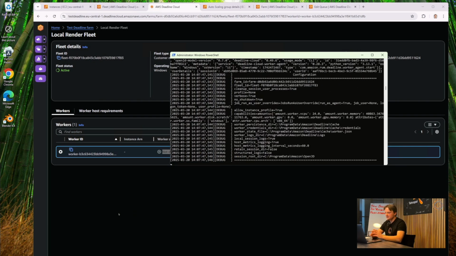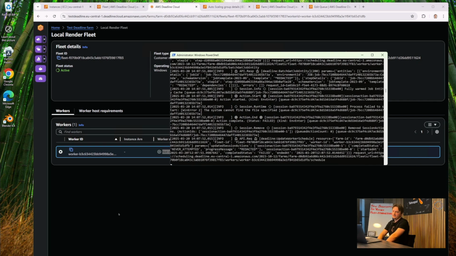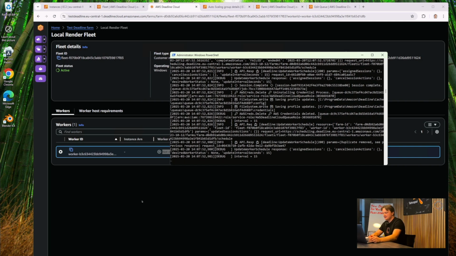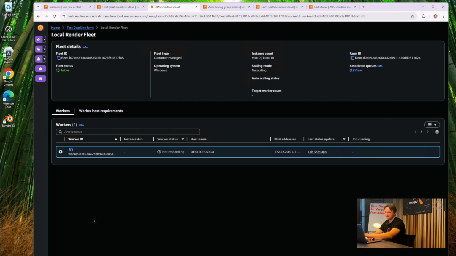You should start seeing a lot of logs now. This is completely normal. This is like a nice picture to me. I like to see changing logs and seeing that it really works. So we give it some time. After some time, this here already changed. It pings and does the health check every 15 seconds. So you can see it's now idling. It's working. So if we refresh,